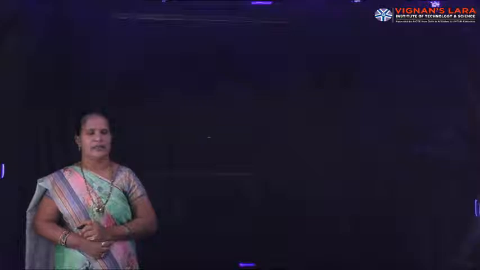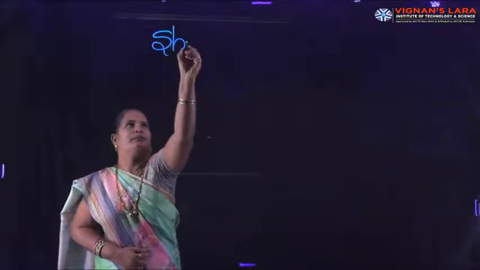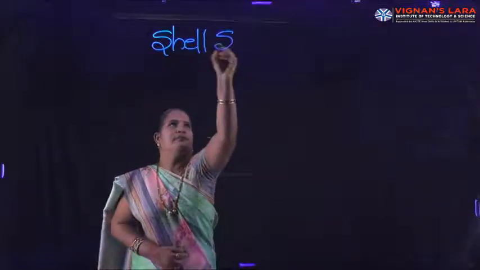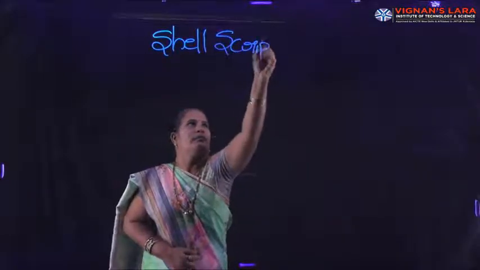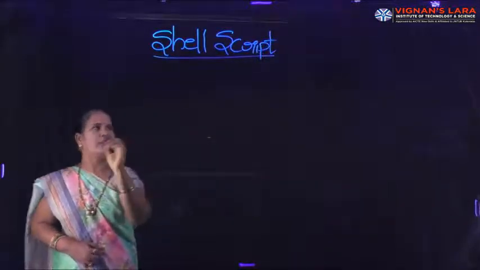In order to write a shell program, first we have to understand the type of operators that are available in the Unix operating system. There are a number of operators available in Unix. First, in order to write small programs, we have to understand arithmetic operators, relational operators, and logical operators. Without understanding these operators, we cannot write any shell program. So today we are going to write shell script, starting with a simple program. First I am going to explain.